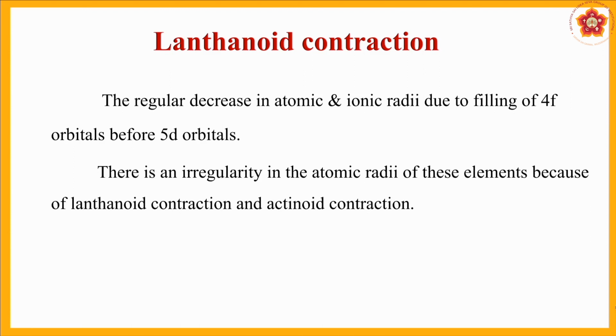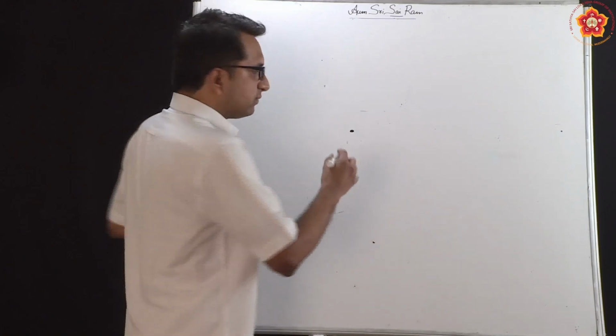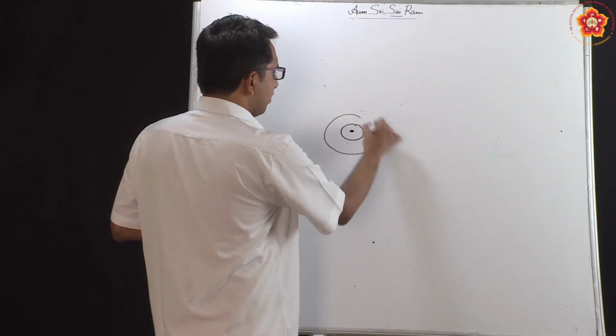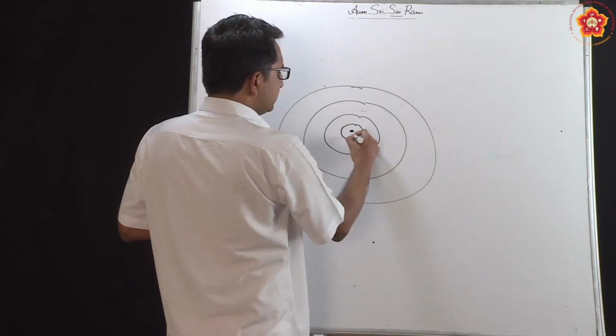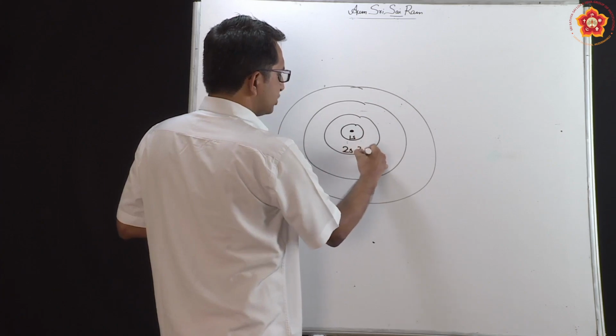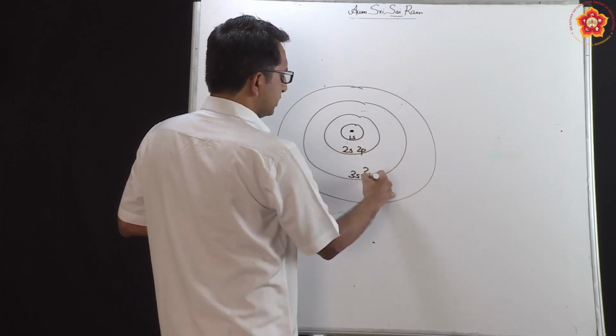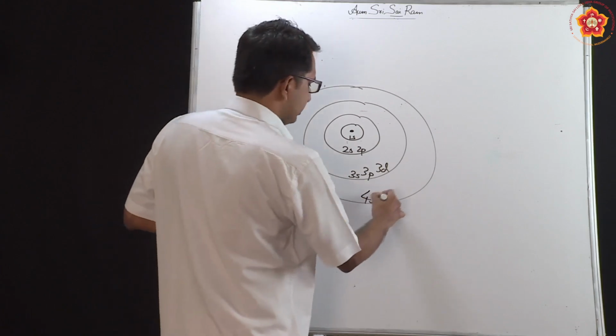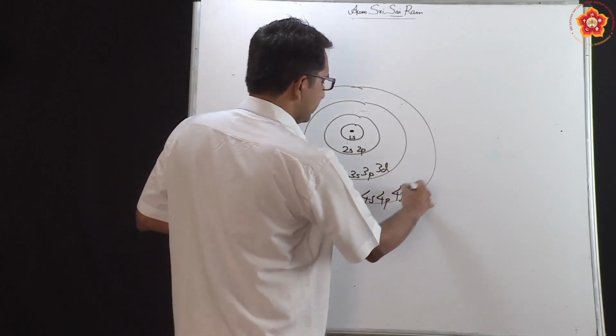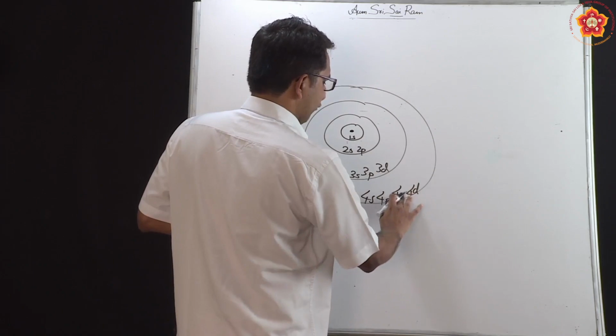So what is this contraction? Contraction means coming together. Now that coming together or getting closer together is because we have a nucleus present here, and this nucleus will naturally have certain orbits around it. We can analyze that this will have 1s, 2s, 2p, 3s, 3p, 3d, and then when you come to the fourth orbit, we have 4s, 4p, 4d as well as 4f.